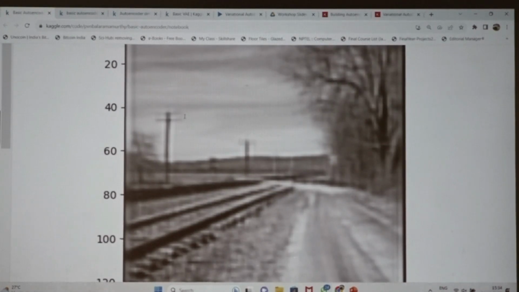The original image and the regenerated image. Definitely there will be some loss, some difference. See here, it is a little blurred. See how many epochs I ran, only 10 epochs. If I run 100 epochs, the clarity may change.